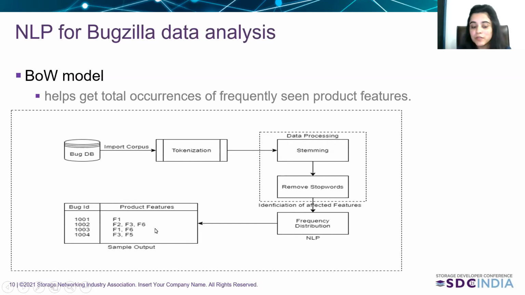For each bug, we had the top 5 features which were involved in the occurrence of that bug. For that we created a CSV file along with the other fields fetched from Bugzilla, and then we used it to correlate with the other data. Praveen, you can take over. Thank you, Shivali.